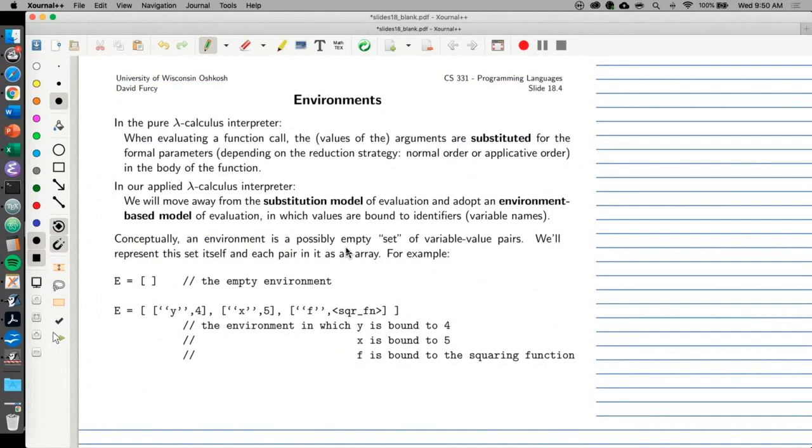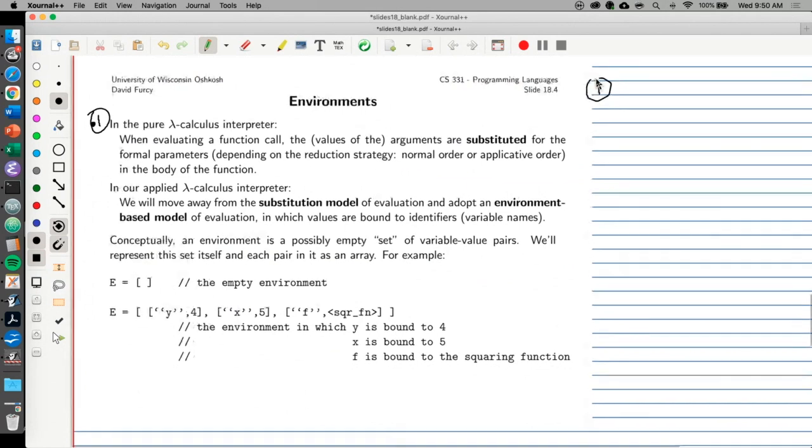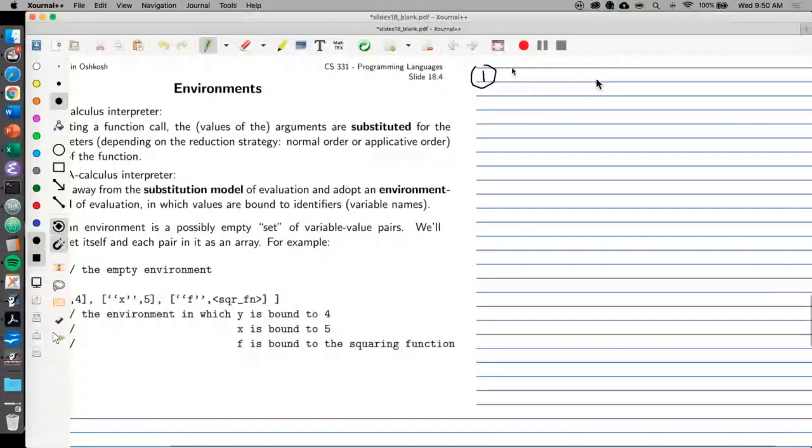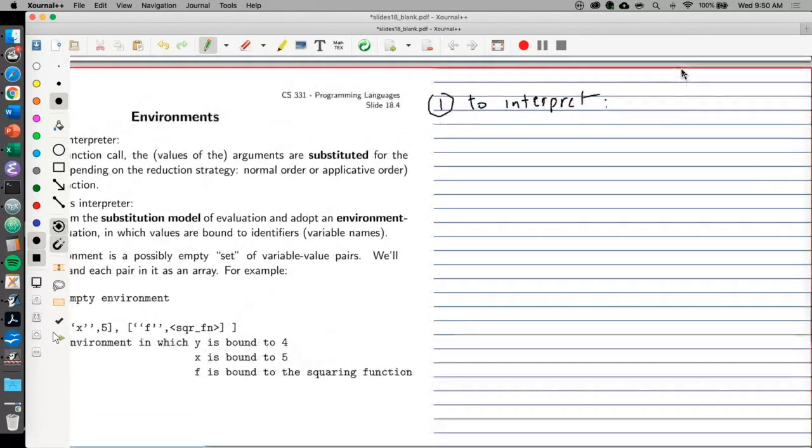There are two ways, at least, maybe more, to evaluate a program, to interpret a program. So in the pure lambda calculus, which is what we did before the break, how did we evaluate a lambda calculus expression? To interpret, remember in the lambda calculus, all we can interpret are function calls. So the function calls look something like this in the lambda calculus, but now I'm going to write them in